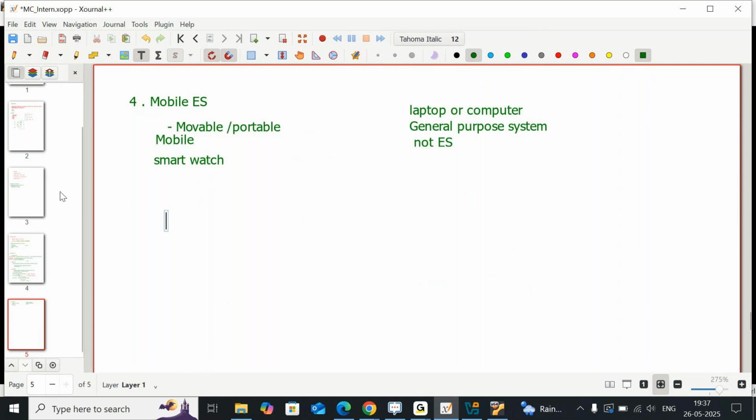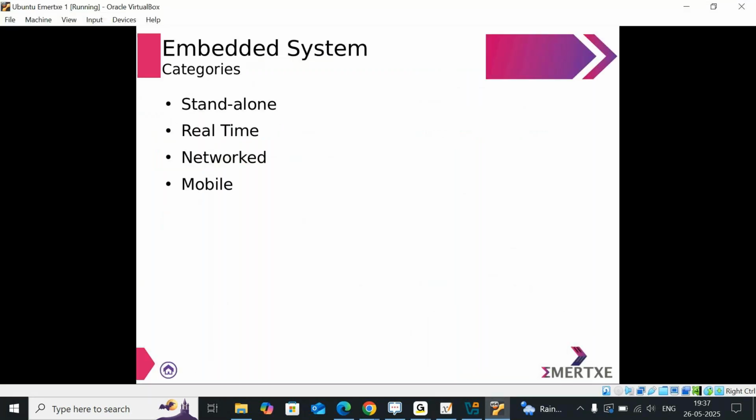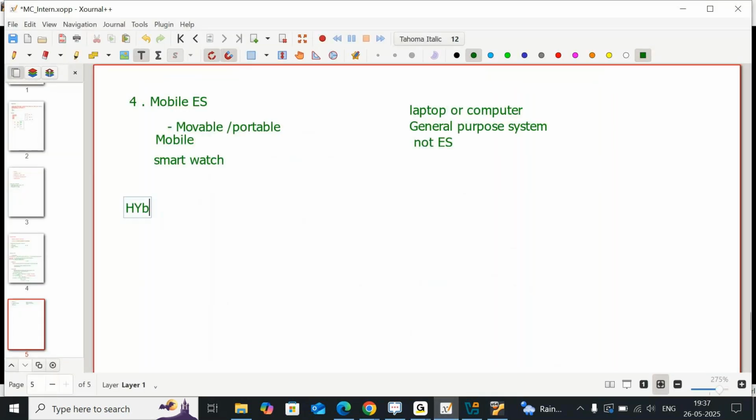So these are the main categories: standalone, real-time, network, and mobile embedded system. And apart from these four categories, there is something called hybrid. Hybrid means if an embedded system comes under more than one category, then you can call it a hybrid embedded system. Even if you take a smartwatch, it is connected to the internet, so it also comes under the category of network. And robots are movable. This is an intelligent device which comes under the standalone category,